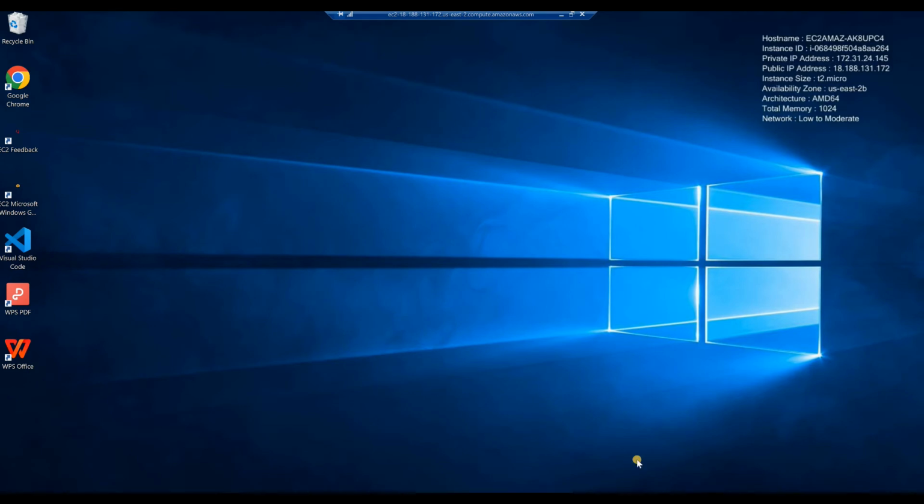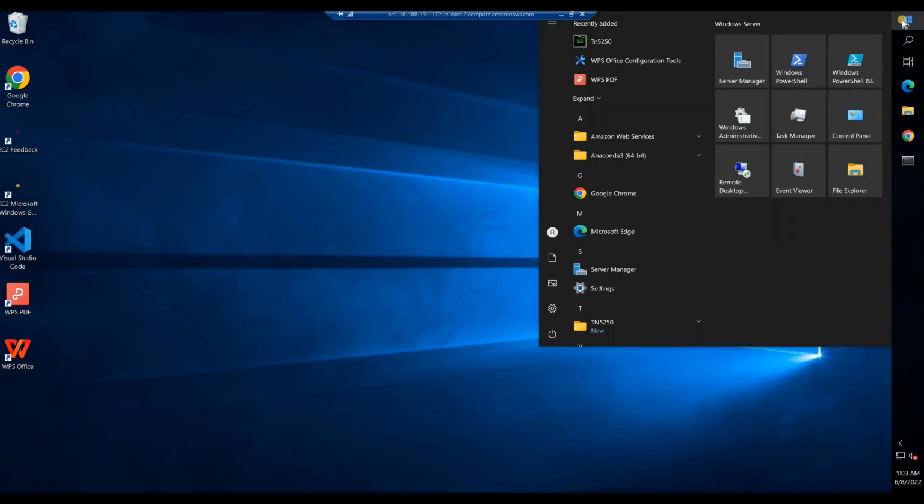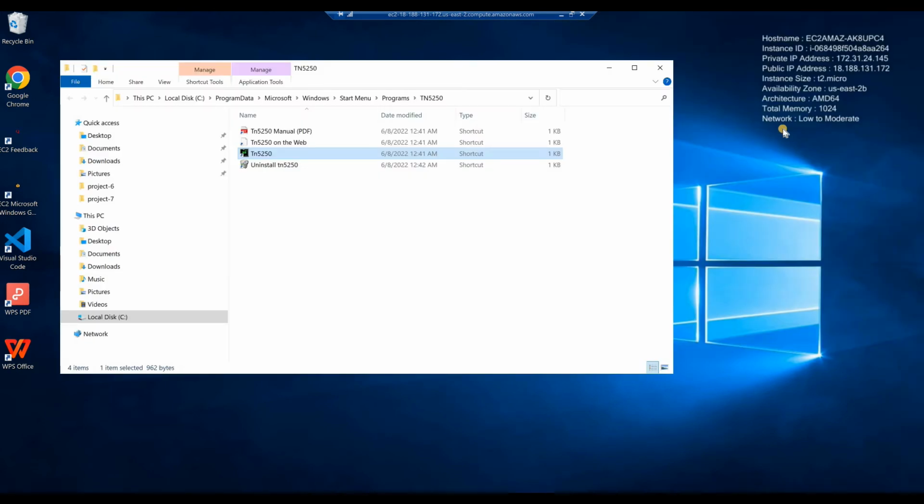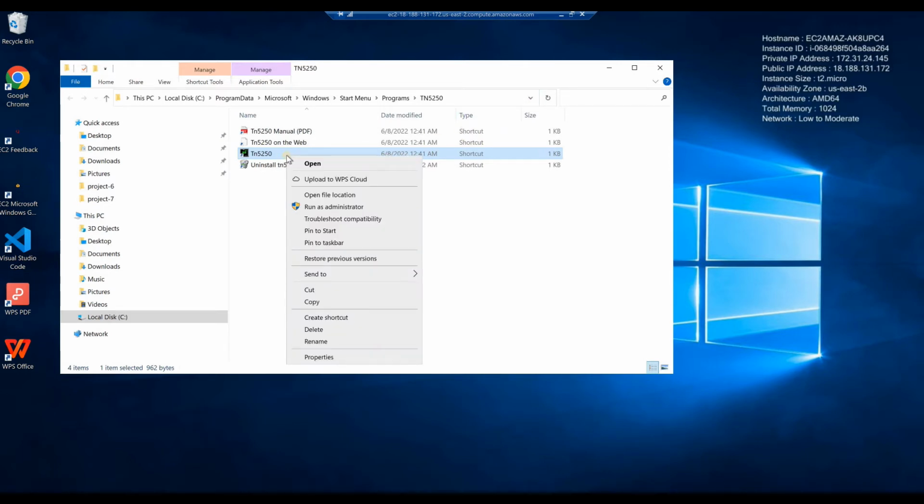Click on the Windows Start icon. Note that the TN5250 emulator application has been recently added. Right-click on the TN5250 icon, click on the More option, click on the Open File location. In the File Explorer window, right-click on the highlighted TN5250 application, click on the Send To option, and choose Desktop